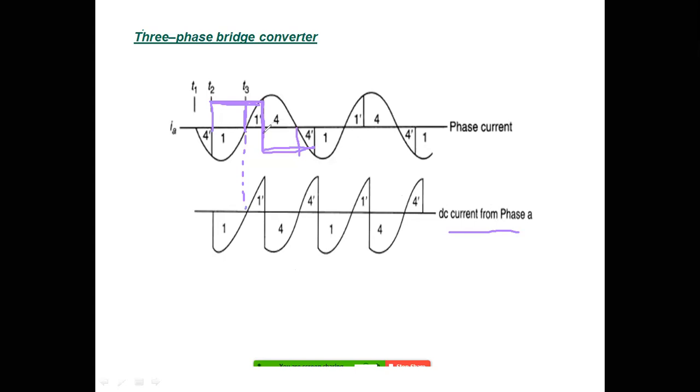For simplicity, I have given only one phase current, and in the textbook different phase currents are given, IB, IC, which just differ by 120 degrees, nothing more than that. This way we represent the different waveforms related to the three phase. So that is about today's class. If you have any clarification or anything, please welcome. Here I will give permission.